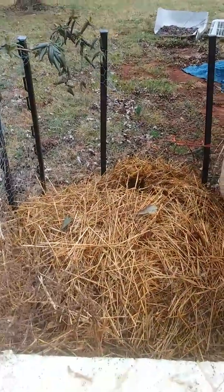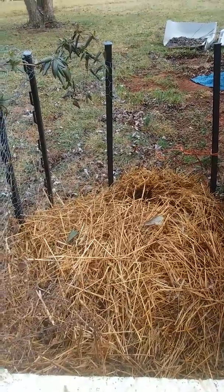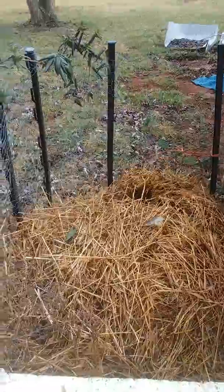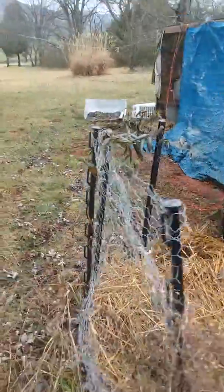And again, there's another shot. There's our carbon, and I'm going to add some more carbon to it today with some nice wet cardboard, which should be pretty easy since we've had all this rain. But I just wanted to show you. And over here,